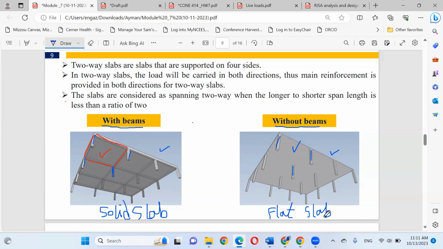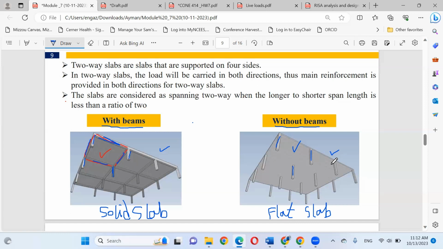So we have two cases right now for two-way slabs. Your slab can be supported on beams first, from the four sides of each panel. We have a beam here, a beam, a beam, and a beam. These beams support your rectangular or square panel of the slab. Then your beam is supported by the column. In the second case, a slab without beams, your slab is directly supported by columns.